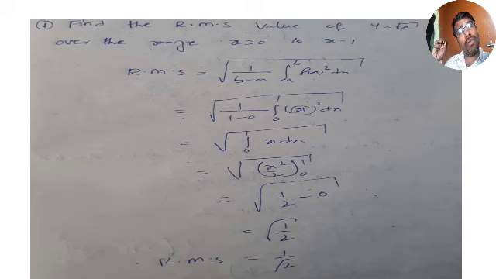Once again I am repeating: there are only 4 topics in the 5th unit, and among them you are going to get 27 marks. 3 marks questions 3, 5 marks questions 3, and 1 mark questions 3. Total 27 marks you are going to get in the semester end exam. So the 5th and 6th units are very important from the examination point of view. Now we are running the C18 scheme; once the scheme changes it may change.